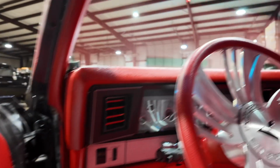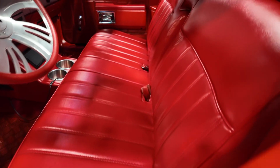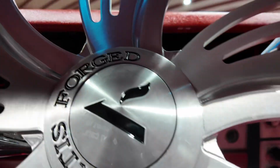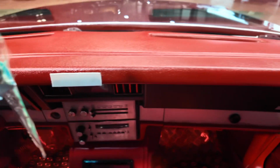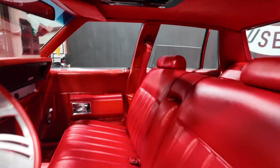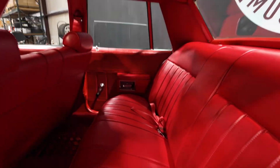She has a red custom interior, artist forward steering wheel. Aftermarket gauge cluster, upper dash, lower, back seat is in good condition. Rear deck, headliner,